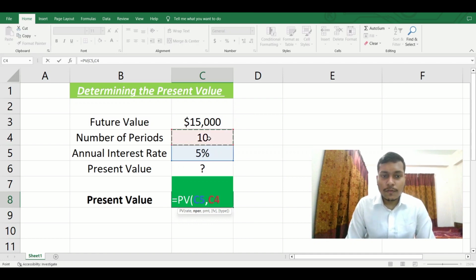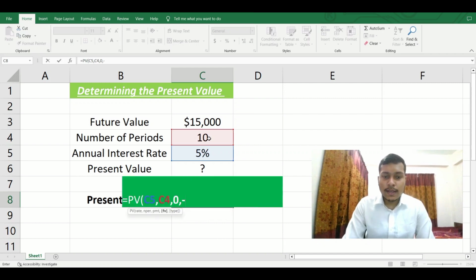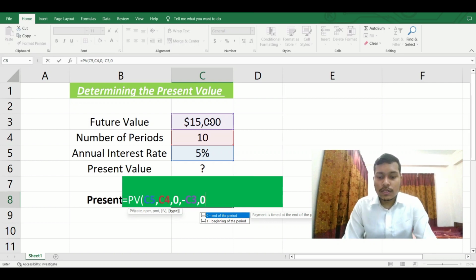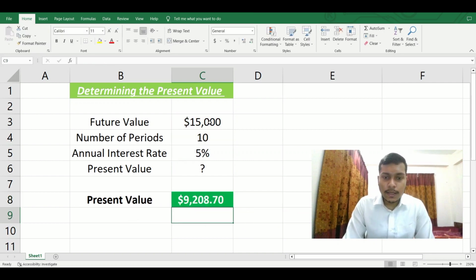for number of periods, put comma, as no payment, type 0, put comma, type minus, and click on C3 cell for future value, put comma, type 0 to show end of the period, close the bracket and press the enter key. As you can see, the present value is shown